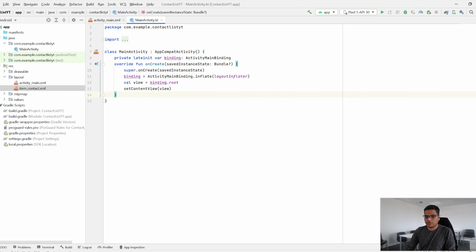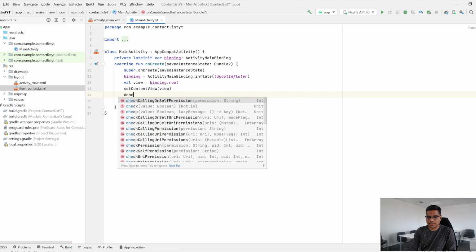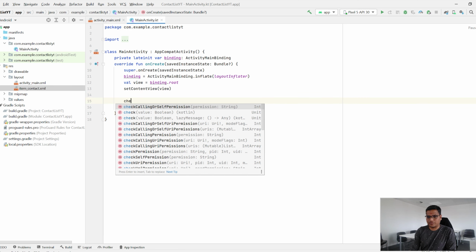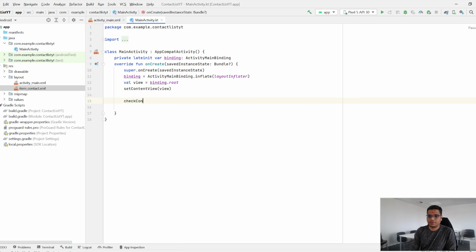Right, now first we need to check for the user permission, so we can create a function for that. But before that, no, let's just create a function for that. Check contact permissions, and let's create that function right here. Okay, so this function will return boolean,